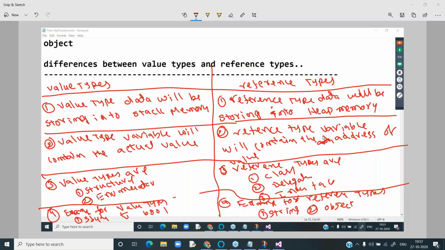Explain about reference types. Come on, I'm asking a question. Don't do the copy paste, guys.